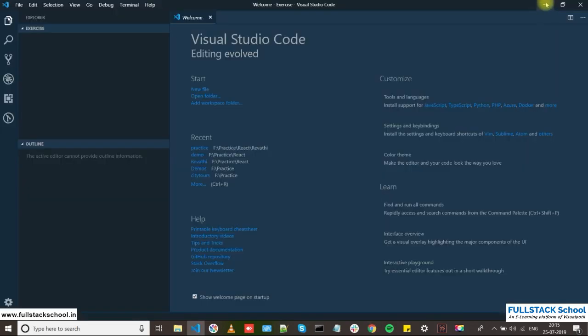So in this module, I'll introduce you guys to the IDE which we are going to use. IDE is integrated development environment, and there are many IDEs for JavaScript. I mean, there are Brackets, WebStorm, or even Atom. There are so many IDEs. The one I prefer the most, which Microsoft has introduced for the past couple of years, is Visual Studio Code. Obviously, this is a free one, so you don't have to worry about that.